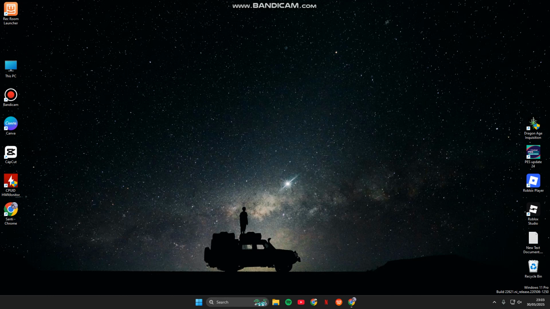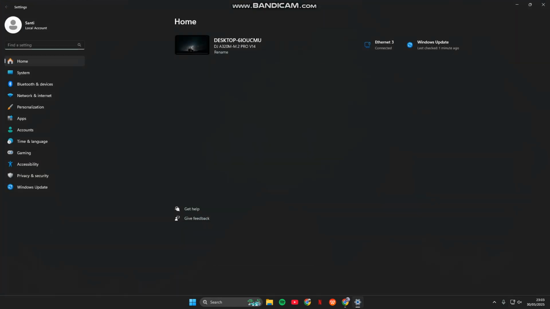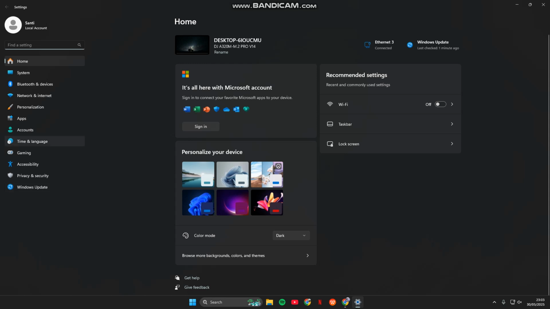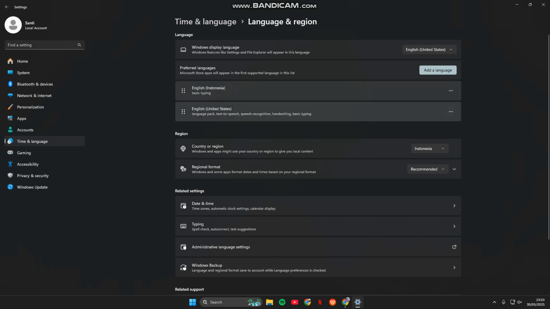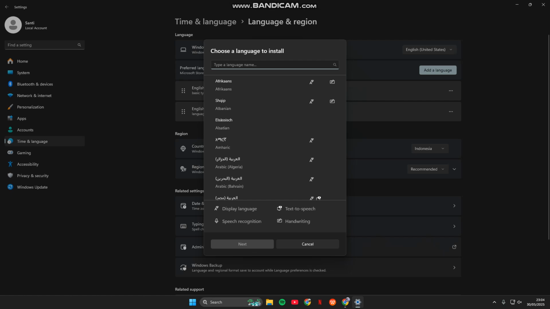So first you can open your settings by pressing Windows plus I on your keyboard, and then go to the time and language settings. In here you can just click on the language and region options and tap on add a language in here, and then you can just search for the one you want. You can go with Spanish, Hindi, Arabic, French, or anything. So let's say I'm going to just go with